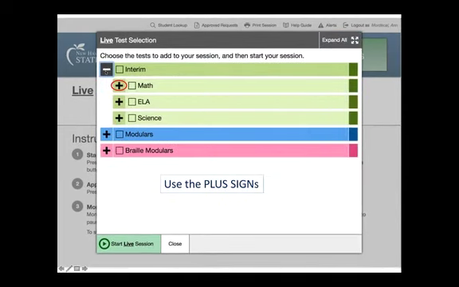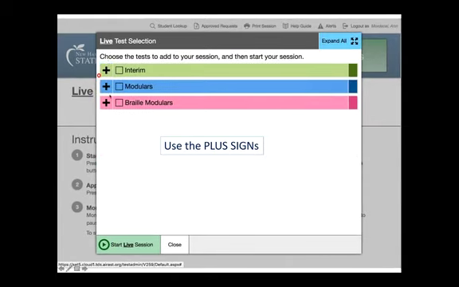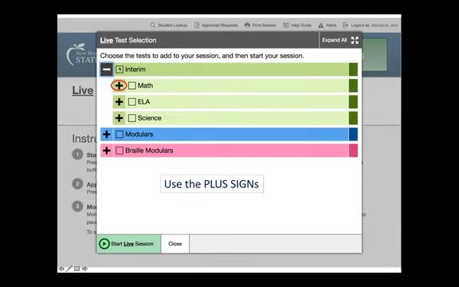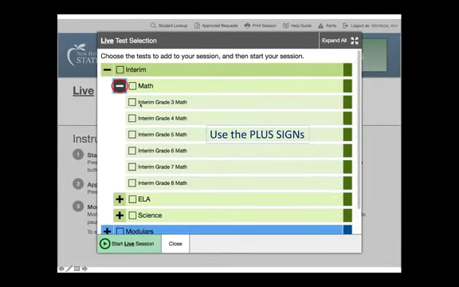To use these, you want to make sure that you use the plus sign. So I'm going to say that a couple times. Use the plus sign. Otherwise, you're opening up billions of things. So I'm going to back up here. There's a plus sign here. I could check this, or I could put something in that box. If I use the plus sign, these will open, and the boxes will still be empty. So I'm going to use the plus sign again. And these all open. These are my choices for the interim math tests. There's one for grade 3, one for grade 4, and all the way through 8.